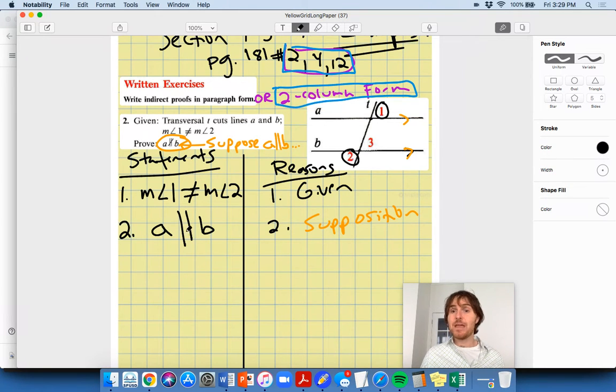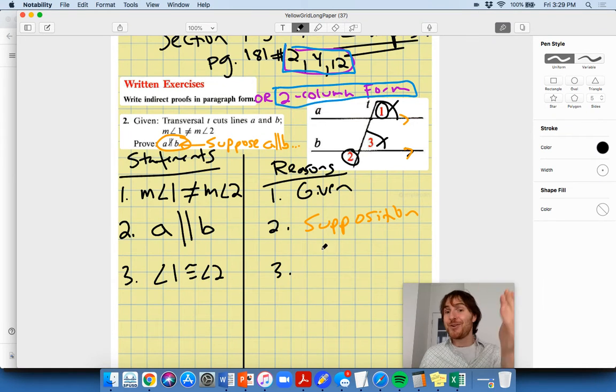If I knew that A were, let's just say, what if A were parallel to B? Then what would connect step 2 to another statement we can make is that if A is parallel to B, we could also say that angle 1 would have to be congruent to angle 2. Well, then angle 1 is congruent to angle 2, and why? So you're kind of reviewing old theorems, old proofs here. You're getting forced to do that by writing indirectly. And going from step 2 to step 3, our supposition, remember, these lines won't be parallel at the end of the day, but if they were parallel,